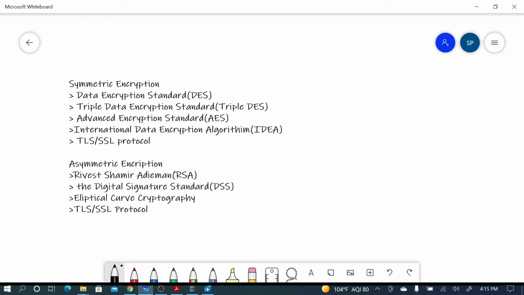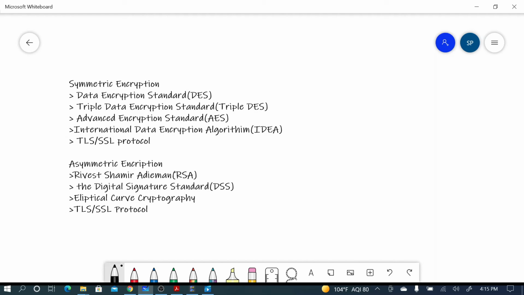And then the elliptic curve encryption, which is ECC, and the TLS and SSL protocols are also using asymmetric encryption. So if you see, TLS and SSL use both symmetric and asymmetric, which we will discuss in the next video, how the session key is generated and how the transportation of the session key is done by asymmetric encryption, and then SSL and TLS use the symmetric encryption.